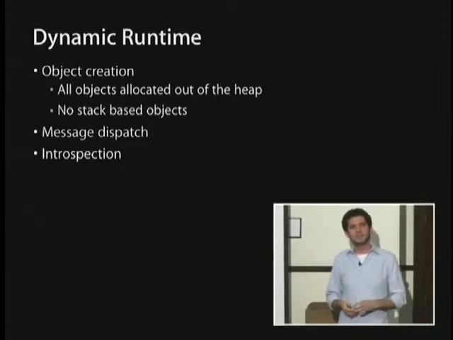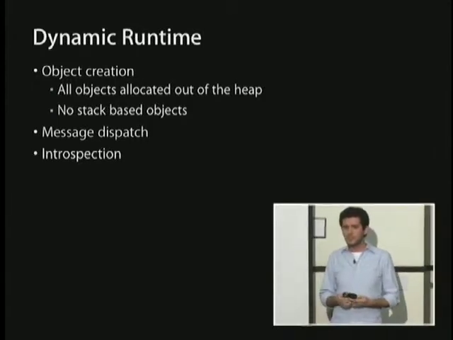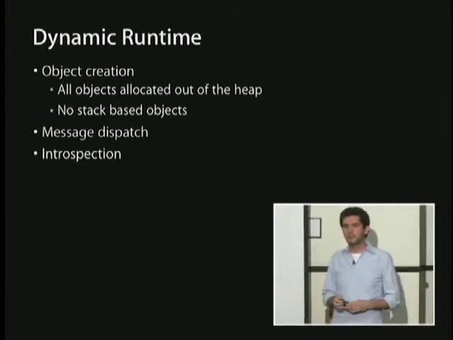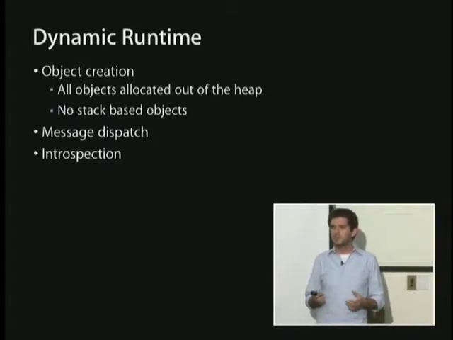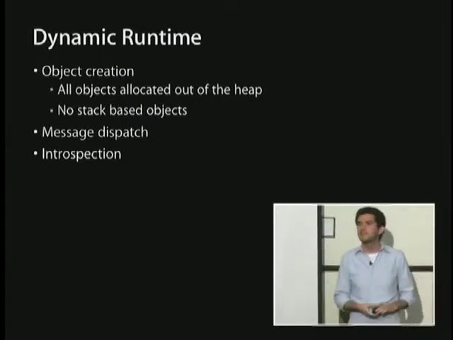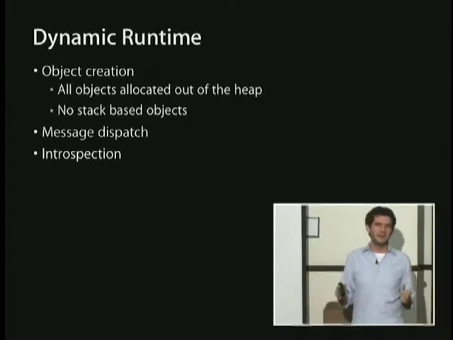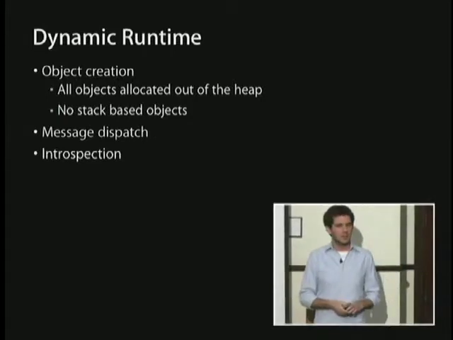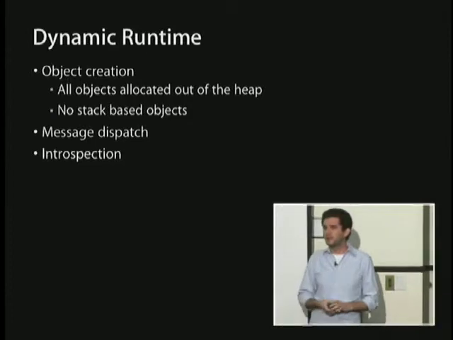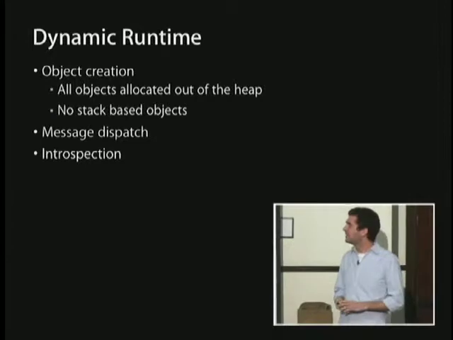That type of thing doesn't exist in Objective-C. All Objective-C objects are allocated out of the heap, so they're all dynamic. When you go to create an object, it's going to live until you destroy it. It will not be destroyed at the exit of the function that you're in, because they're not scoped on that function's heap. There's some places where that seems maybe a little bit untrue when we start talking about auto-release pools. They can feel a little bit like magic. They're really not. We'll talk about them later. They're actually pretty easy to understand once you know exactly what they're doing. But they're still explicitly managing memory, just with a little bit of implicit behavior that you have to know about.